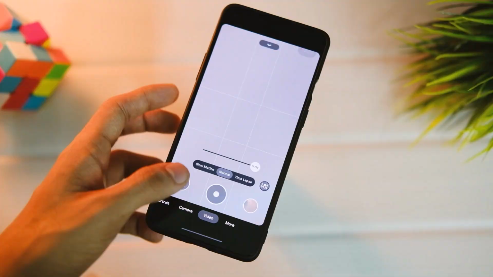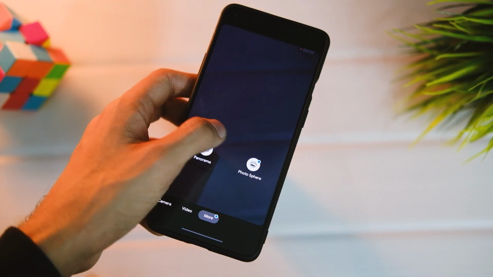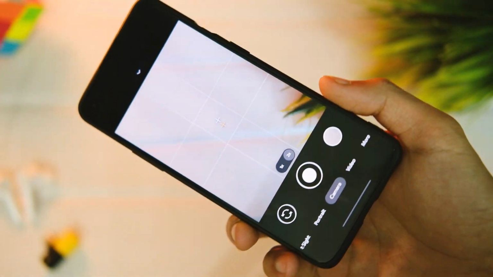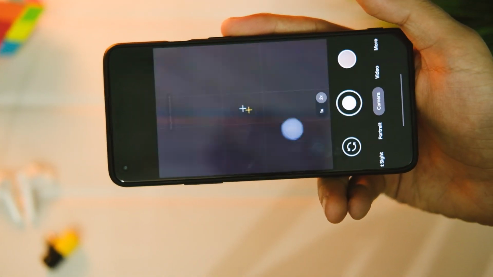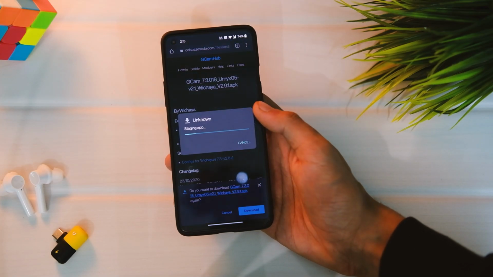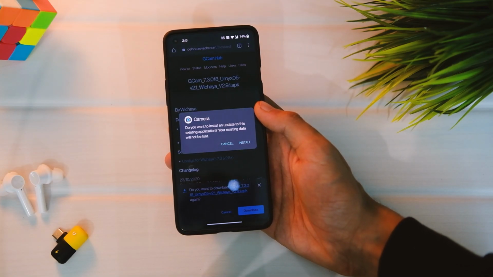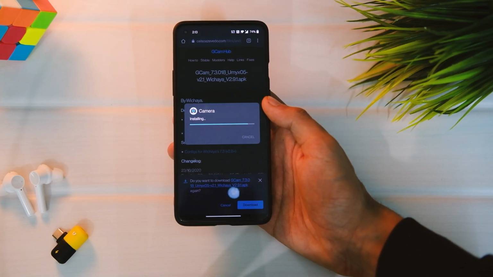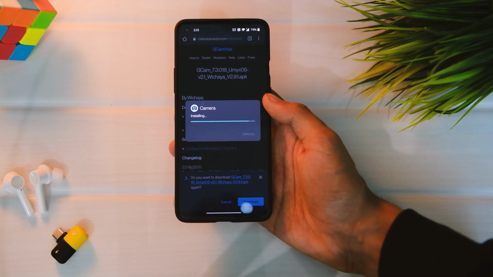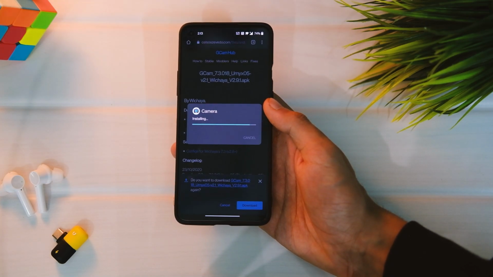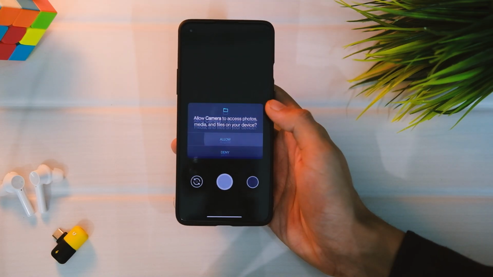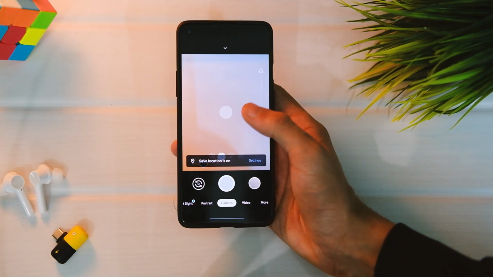So I compared it to one of the older versions, that is 7.3, with version 8.0, and here are the results. First of all, just in case you are wondering how you can use a Gcam Mod 7 application on your OnePlus 8T or any other device, well, the process is really simple. First of all, just download the compatible Gcam Mod 7 APK for your device from the link in description area. Now just tap on it, hit the install button, and now open the application. And after that, give all the necessary permissions.